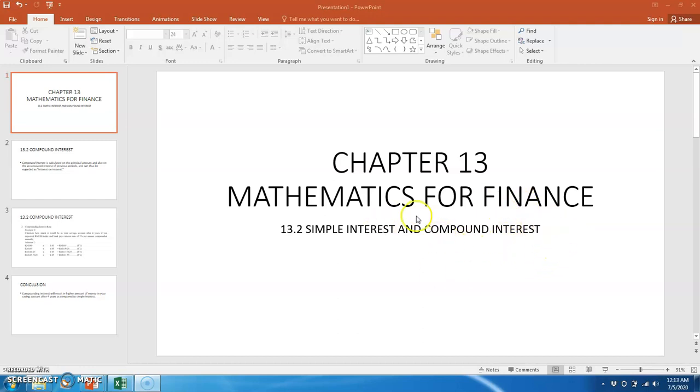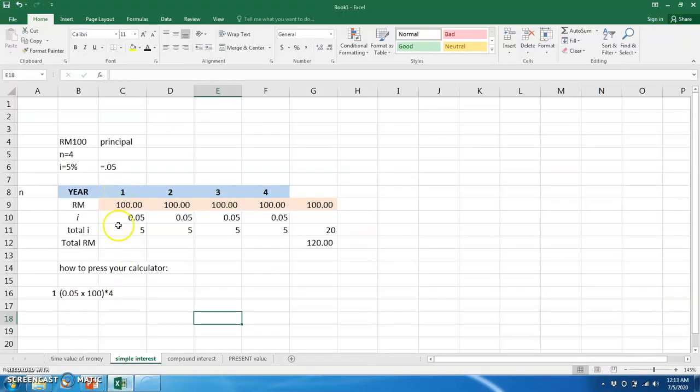But before I go to compound interest, let me revise simple interest first. Remember, there are 4 years, 1, 2, 3, 4, and you only invest in 1 year. It is also called the straight line method, where the interest is calculated based on the principal. This is what we call the principal. So when you calculate this, you get 5 ringgit as the total interest. Towards the end of the 4 years, you'll get 20 ringgit plus 100 ringgit, your principal, so the total is 220 ringgit. How to press your calculator is